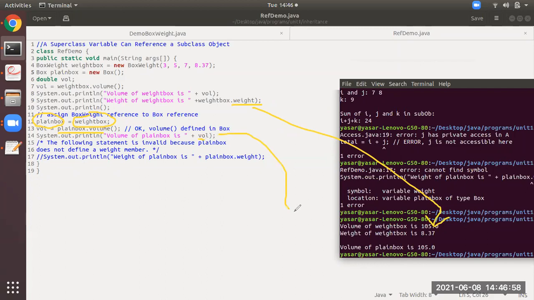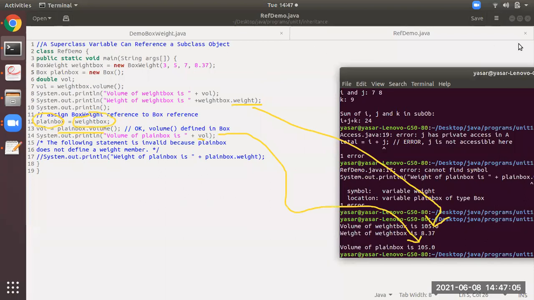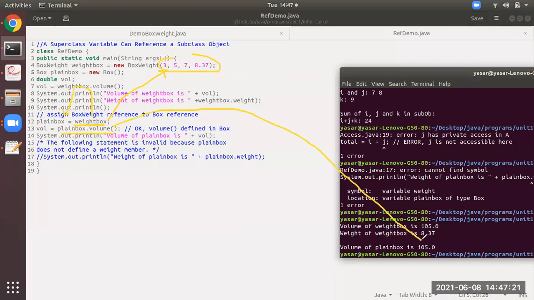See here, same thing. Why? Because the parent class is assigned over here with the dimensions of weightbox, means these dimensions. Same dimensions will be passed to this plainbox also, that is to the parent class. So the parent class is invoking the volume method with the same thing. I hope you all have understood.